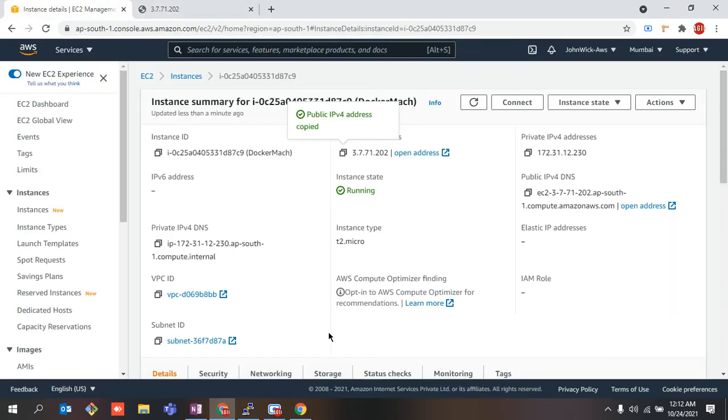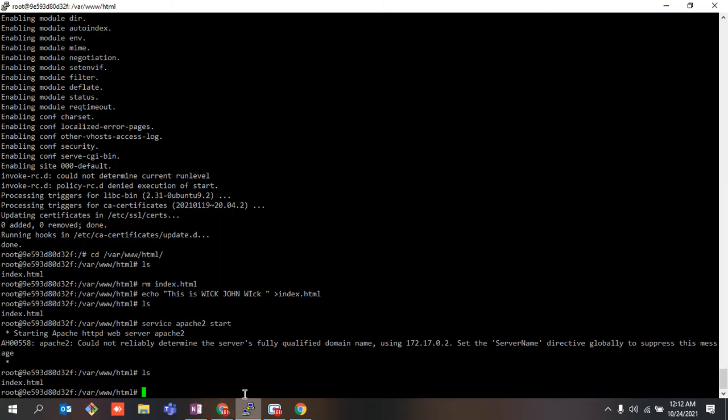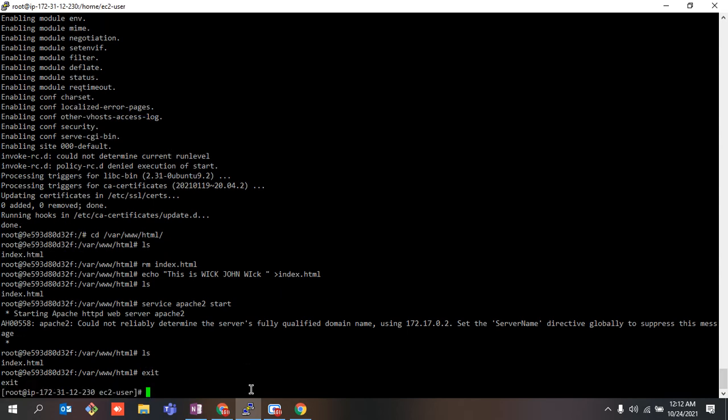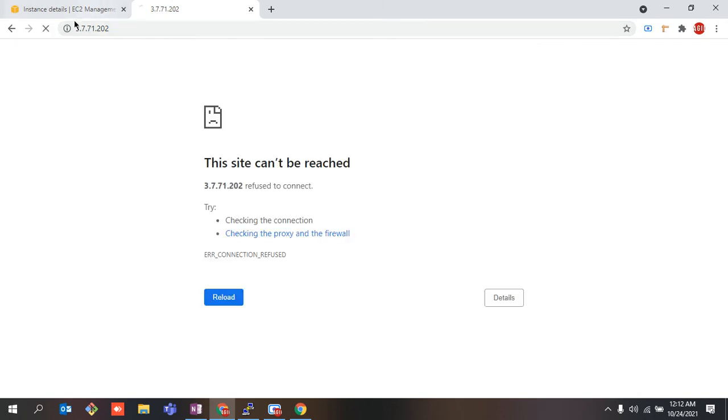Another thing that I wanted to demo to you guys is that if I simply exit from over here and try to hit enter, it will not work. Why? Because we have exited our Docker container, right?